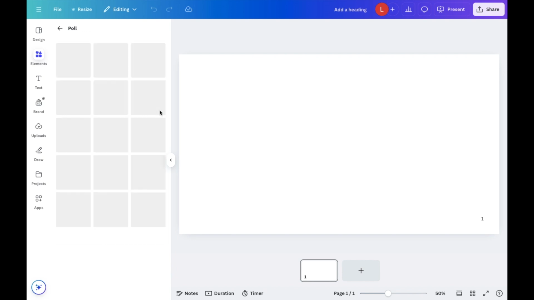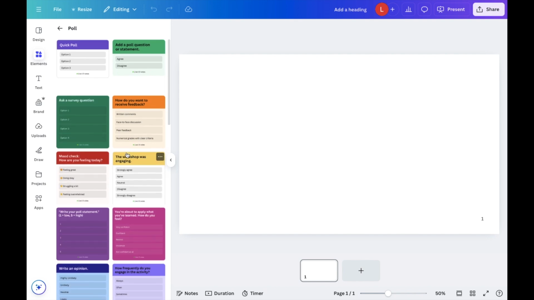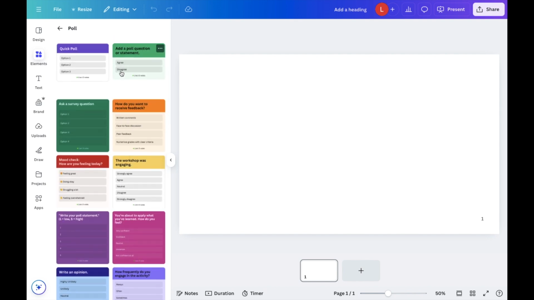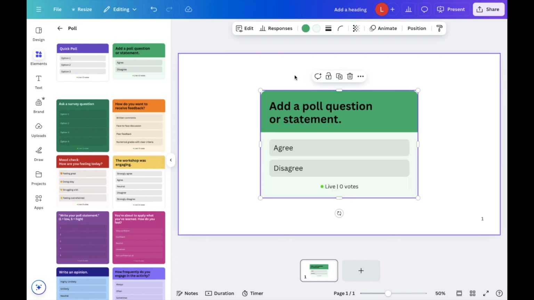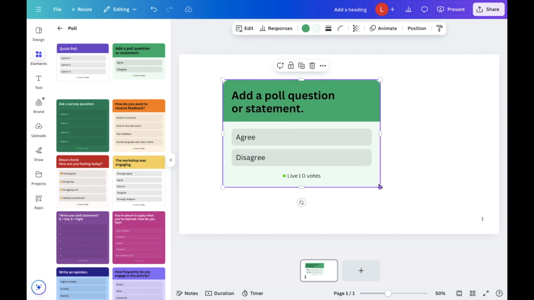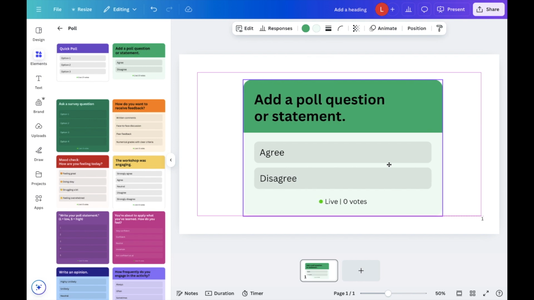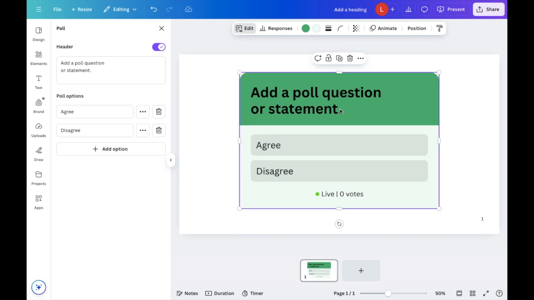For example, we'll just go to See All for polls right here. And we'll use this one right here, this example of this green one. So as you can really tell right here, add a poll question or statement. So if you wanted to make it a little bit larger, you can change the header